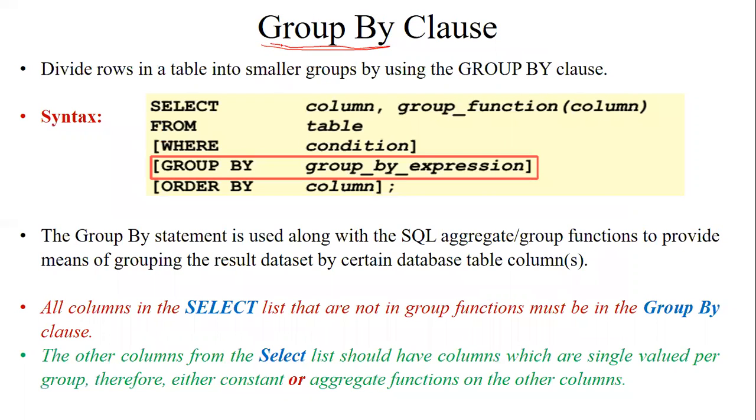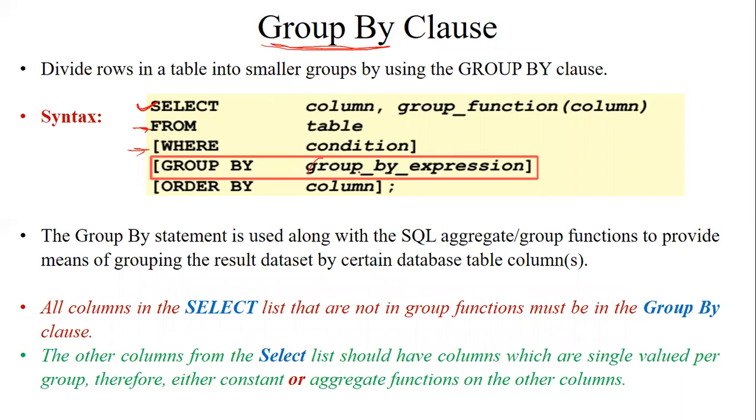So how will this GROUP BY clause be used, and how can we specify its syntax? First, we have to specify SELECT, the columns that you want to retrieve. Now you can specify from which table you want to retrieve the data, and then the WHERE clause, the condition that says which rows you want to eliminate or which rows you want to select. Based on the specified criteria, you can group the columns.